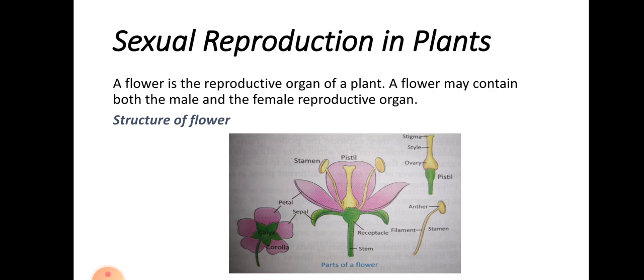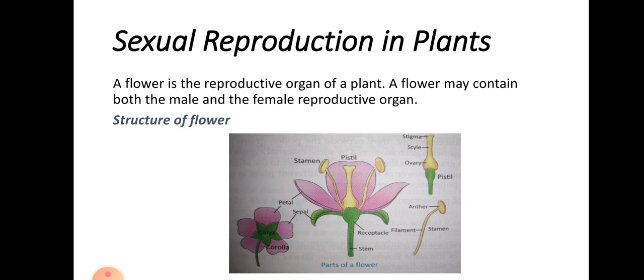So, sexual reproduction in plants. As we all know, the flower is the reproductive organ of a plant. There are different varieties of flowers. We can see flowers of all different shapes, sizes, colors around us. A flower may contain both male and female reproductive organs. So let us study the structure of a flower. In the diagram you can see